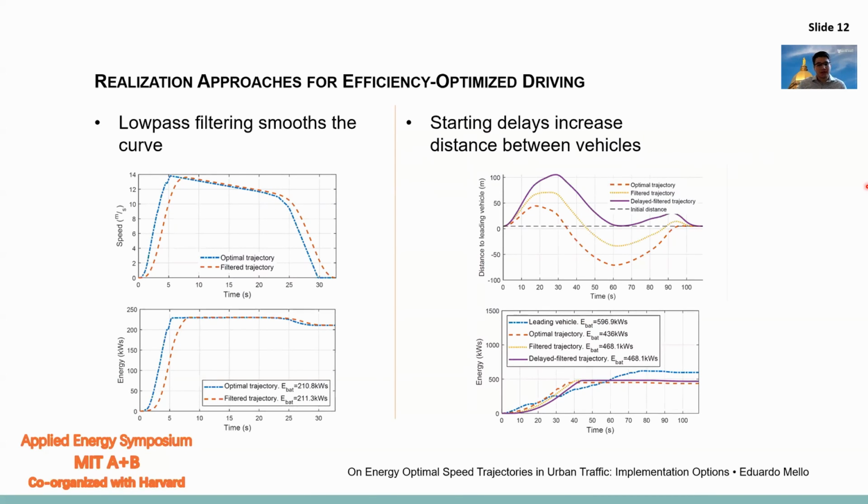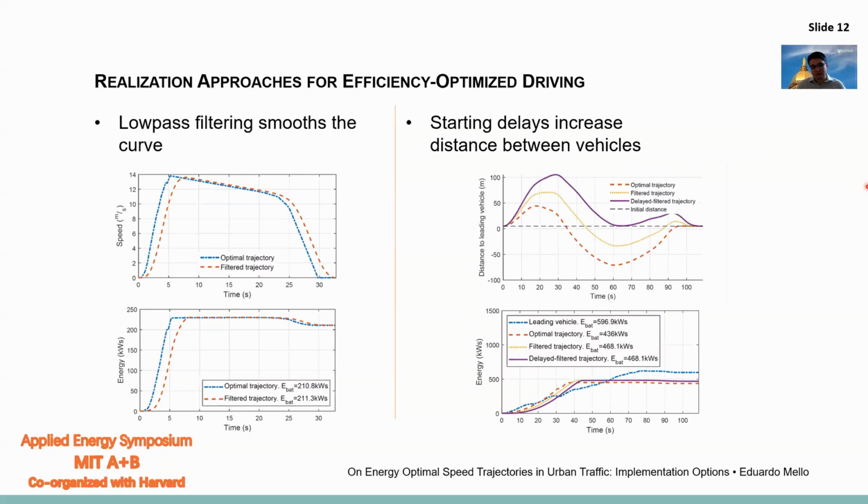The images on your left here show an optimal speed trajectory and its filtered counterpart. As you can see, the orange line is much smoother than the blue one, and thus we were able to reduce the onset on both acceleration and jerk while obtaining minimal energy changes between the two trajectories. The only significant difference between the two is that the trajectory has its duration increased by the length of the filter.